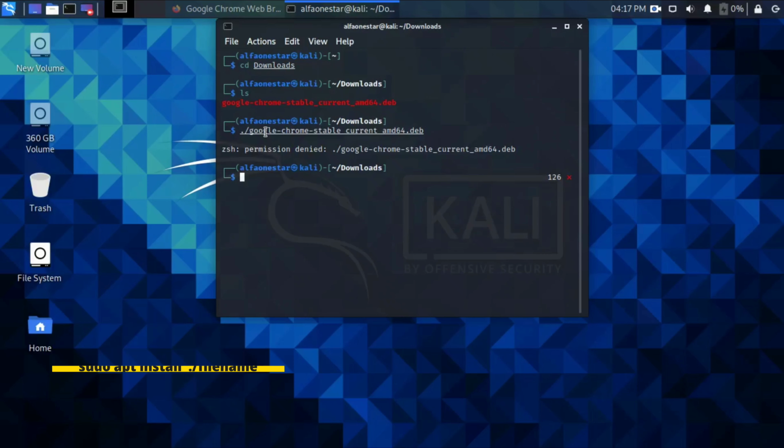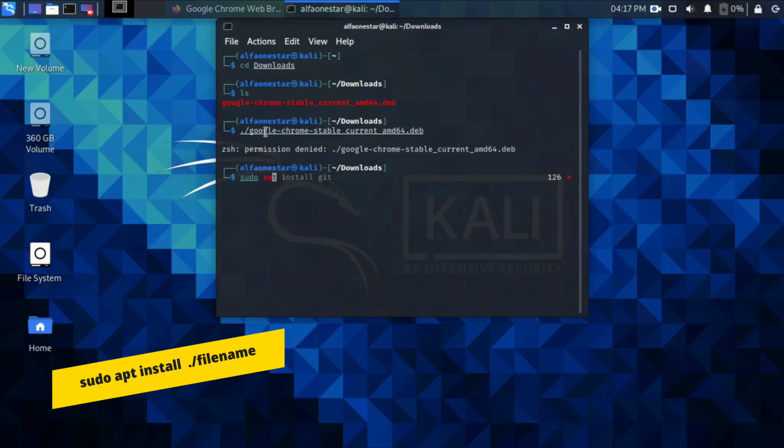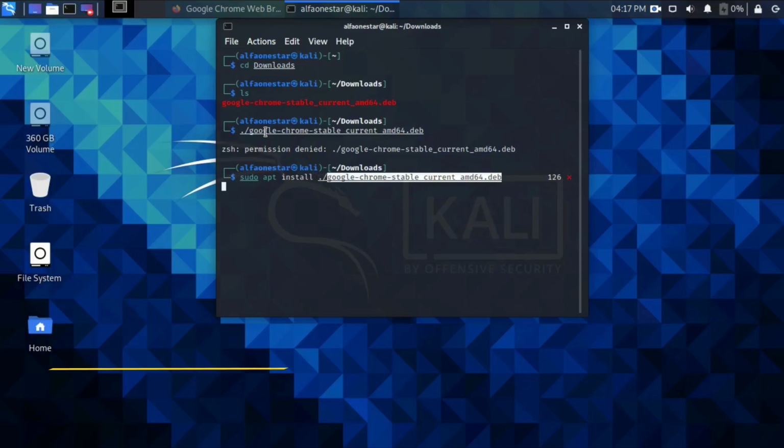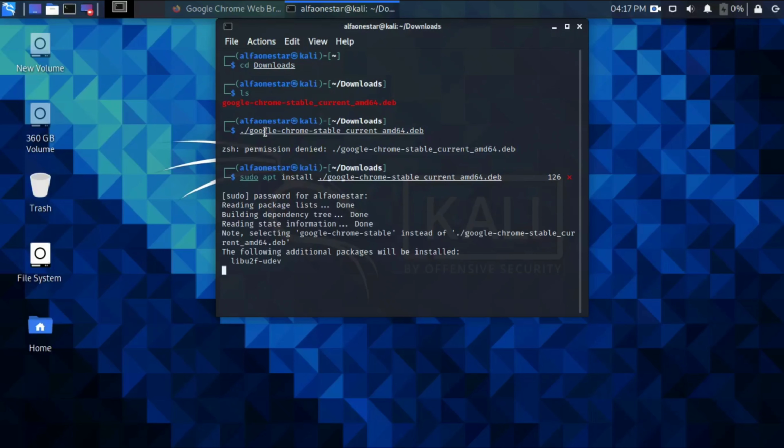So for permission you just need to type sudo apt install, and then this file name, with Shift Ctrl V to paste, and just press enter, and give your sudo password. I'm just giving it. Yeah, and it's reading the package.